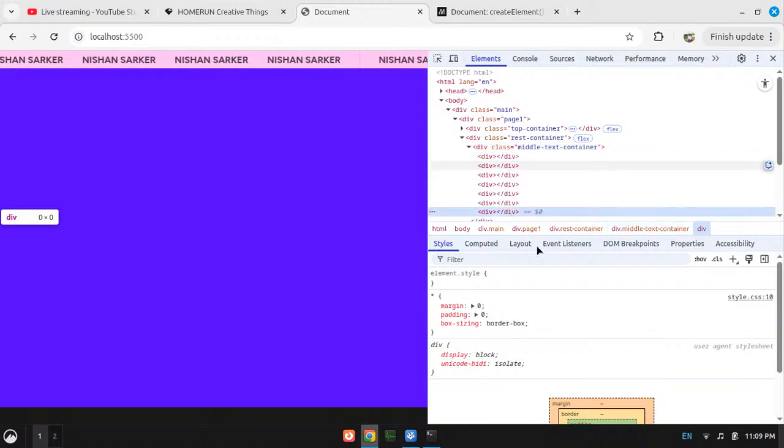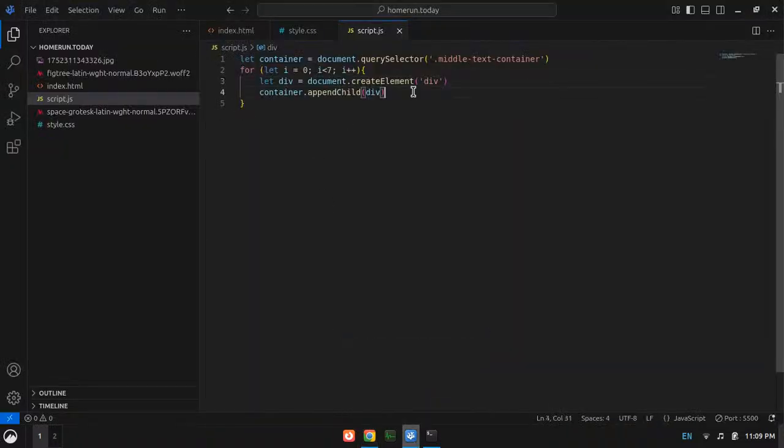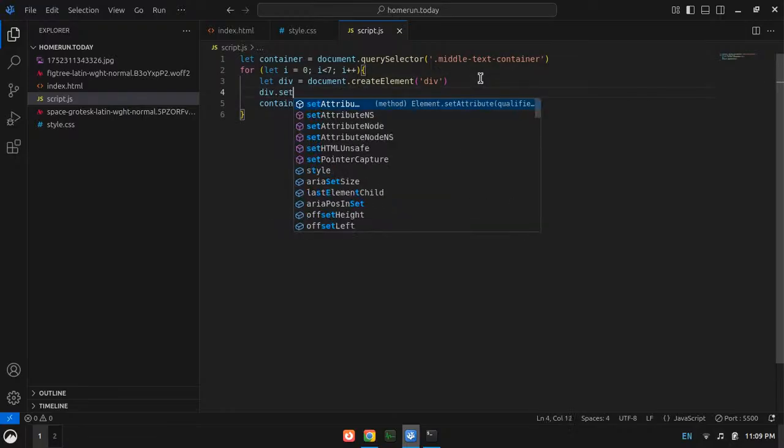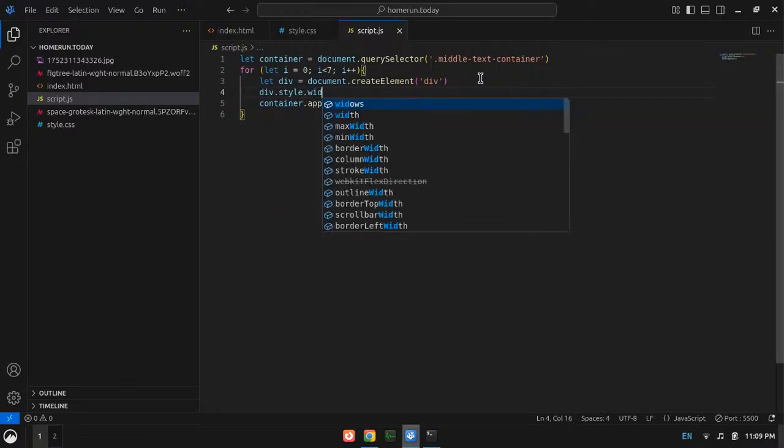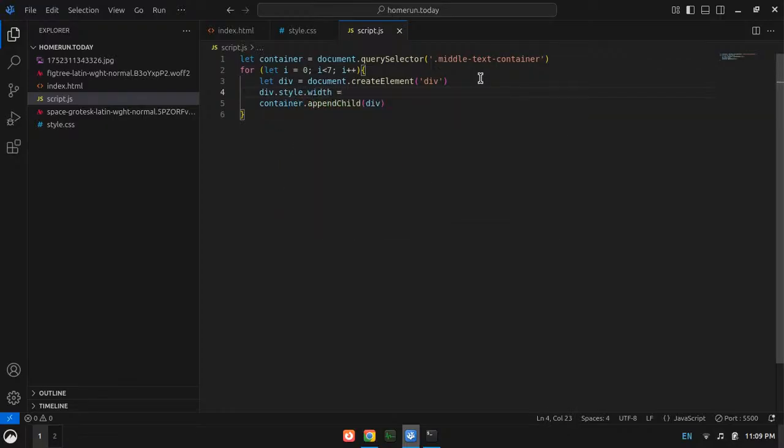And I need the divs to have a width, right? div dot style dot width equal to window dot innerWidth divided by 7.